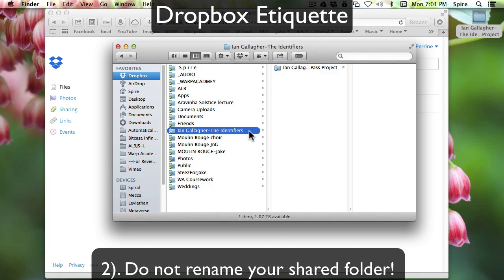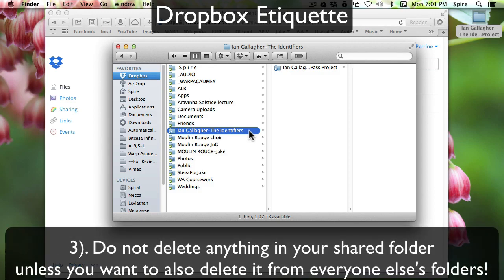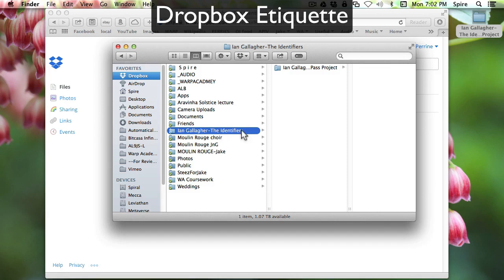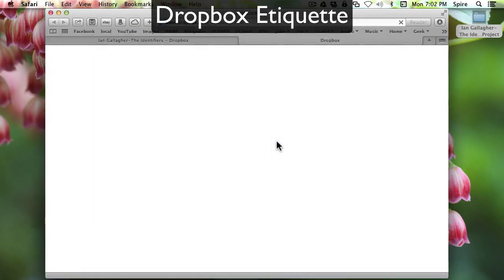Very important. If you rename the folder that you're actually sharing, it unshares it from everybody else who's already joined it. So be very clear about what you want to name it before you go sharing it. Also, don't delete this folder or anything inside the folder that you don't want to also delete from everybody else who you've shared it with's computers. My advice is to create this folder and then leave it there until the project is done, until everybody has finished the project or you've gotten the mix review or the notes or whatever reason that you've shared it with somebody. And when you're completely done with it,